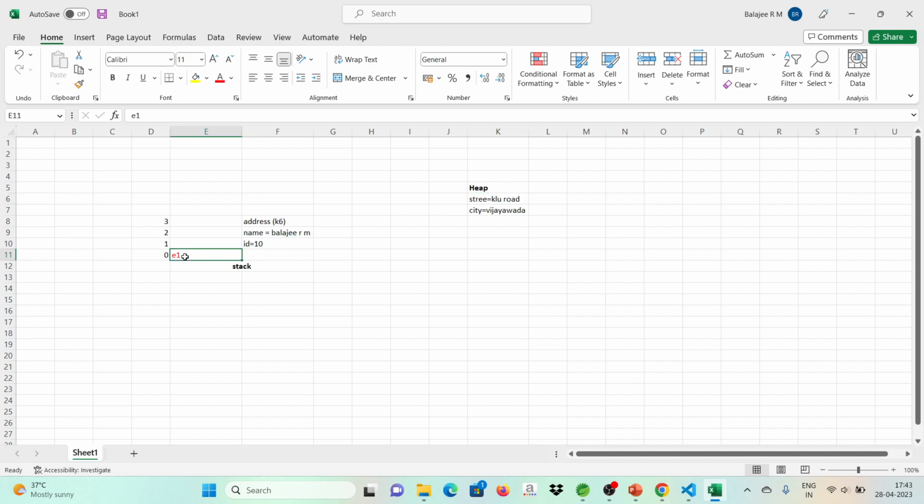When you create E1, it is creating all the three values. When you delete E1, E1 will delete the associated values. So the associated values will be ID 10, name, and address K6, and also it will delete the values inside the K6,